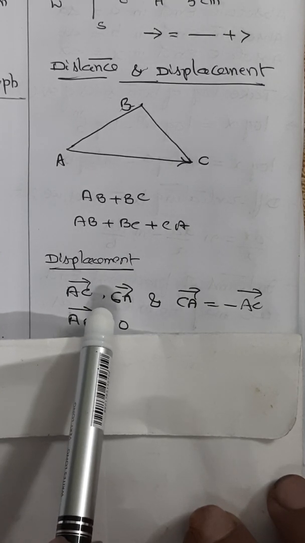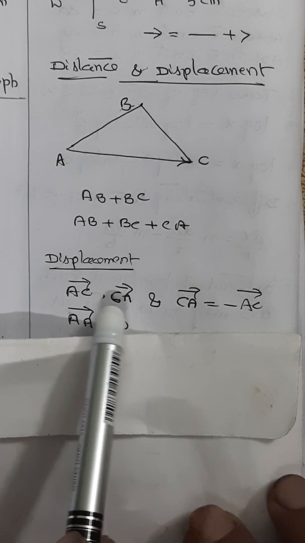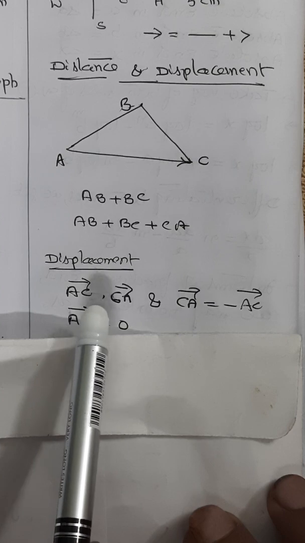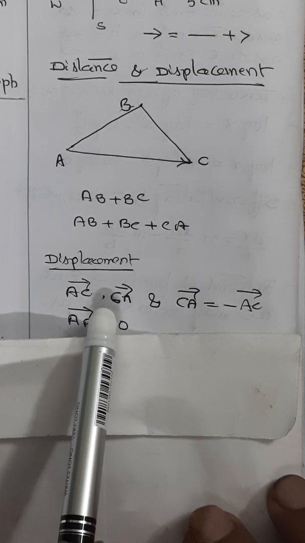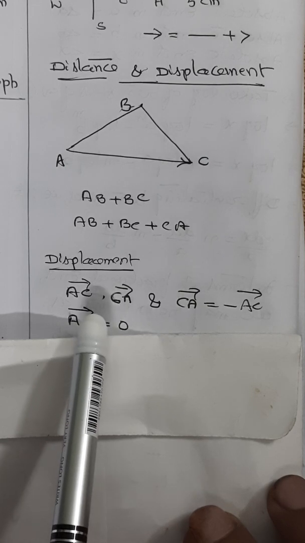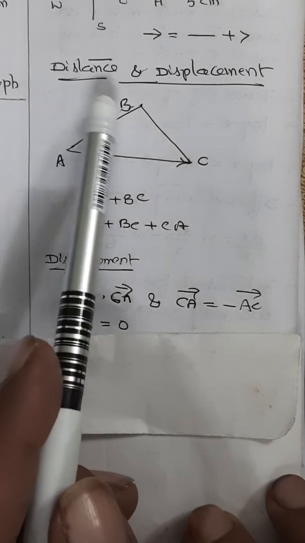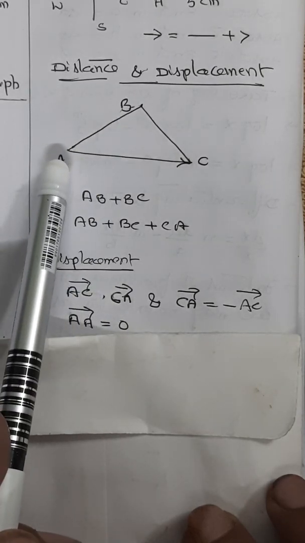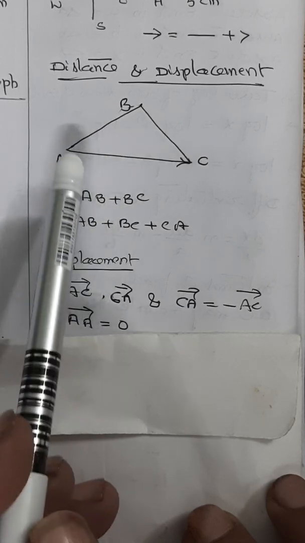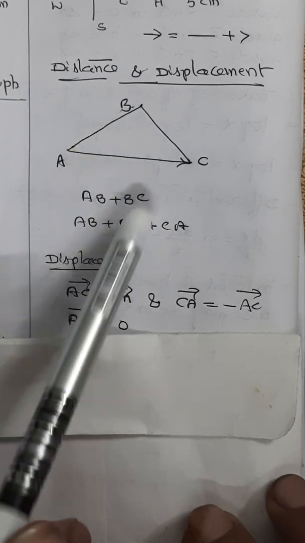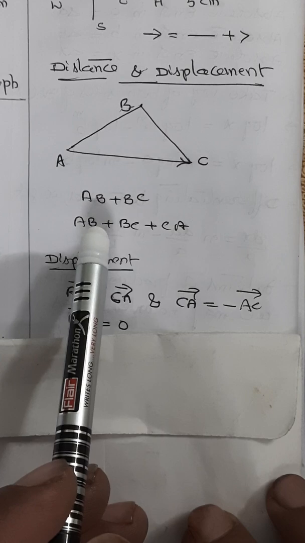The magnitude of displacement of an object between 2 points gives the shortest distance between these 2 points. So the displacement of an object between 2 points does not tell the type of motion followed by the object between those 2 points. So if a particle goes from A to B following the shortest path or circular path, then the displacement in each case is bar AB. The displacement of the object between the 2 points has a unique value.